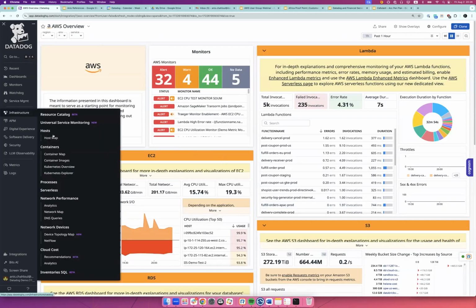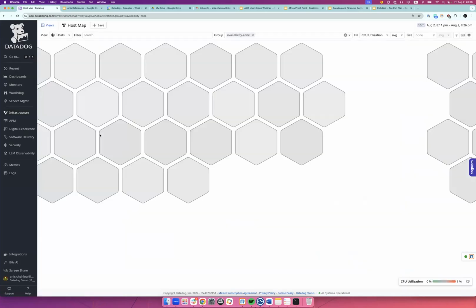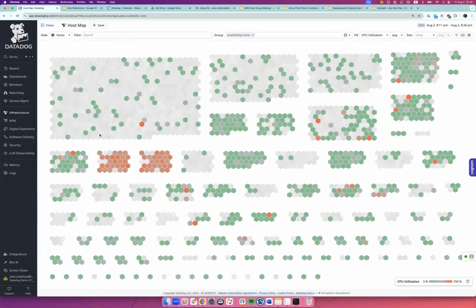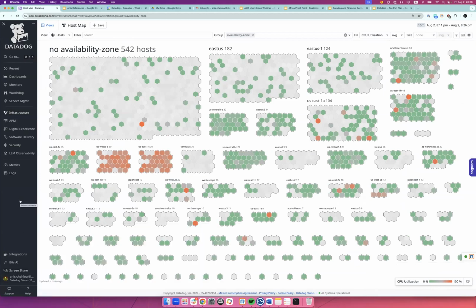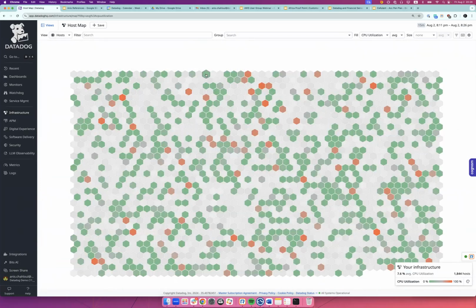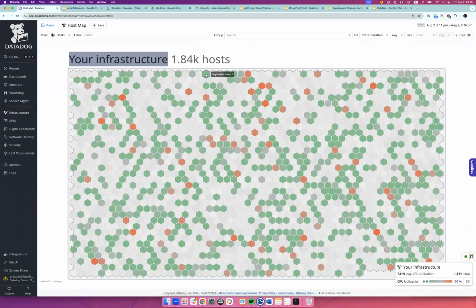What I wanted to show as well is that, of course, once you have that integration up and running, you'll also be able to install a lightweight agent on your servers, your hosts, your different instances, and see the health of your infrastructure. At the end of the day, I want to make sure that my applications and my infrastructure are highly performing, secure, reliable, and supporting the business growth.